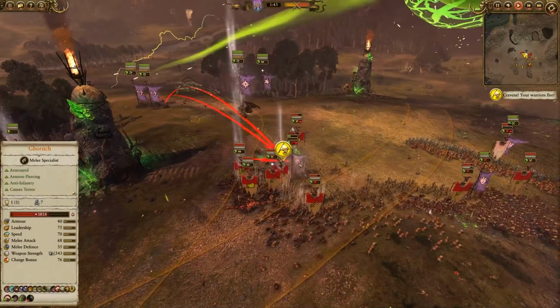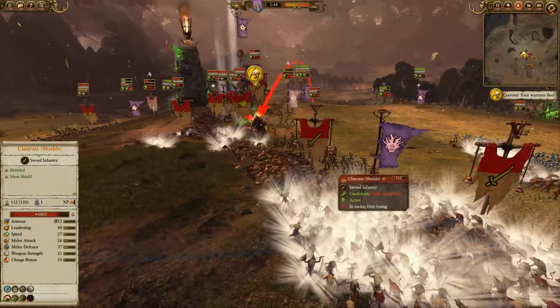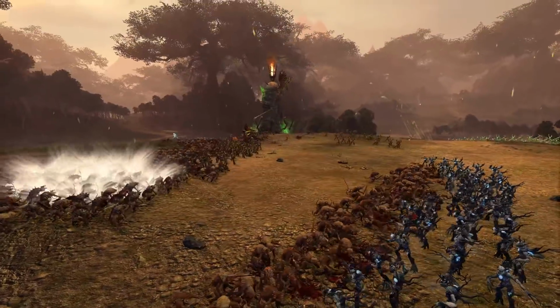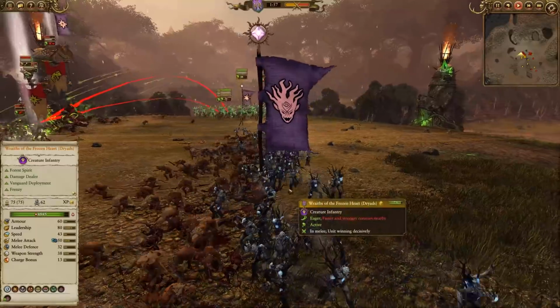Up on this high ground, Dryads getting a little bit ransacked by that big death box. Gorich in particular, you can see, has taken quite a bit of damage, but he is dishing it out to those Dryads, absolutely. But I'm going to keep the Sisters focused on him. The Race of the Frozen Heart, just to quickly show these guys, they are